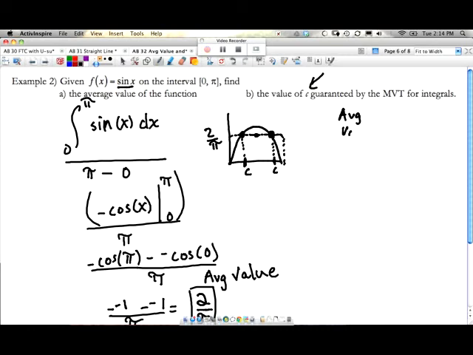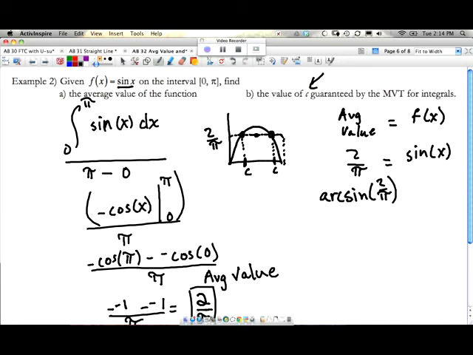So we need to set our average value equal to our function and then solve, when our average value happens to be 2 over pi and our function equals sine of x. Now this is where it gets a little bit crazy, because there's no easy algebraic way to do this. So I'm going to have to use a calculator. I'm going to have to do arc sine of both sides. Arc sine of 2 over pi is going to be equal to arc sine of